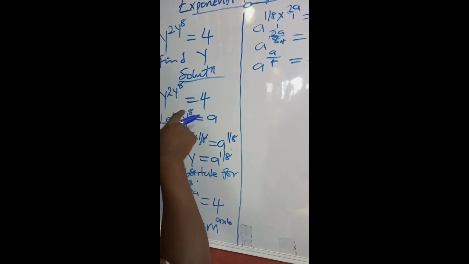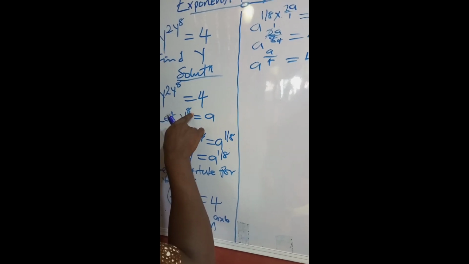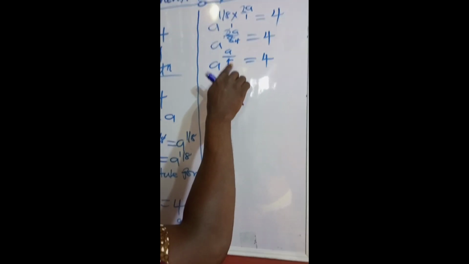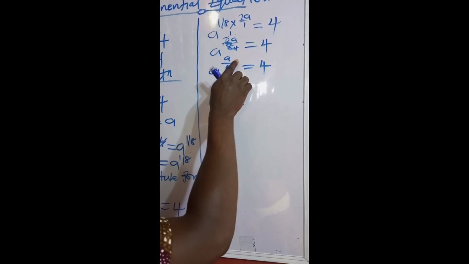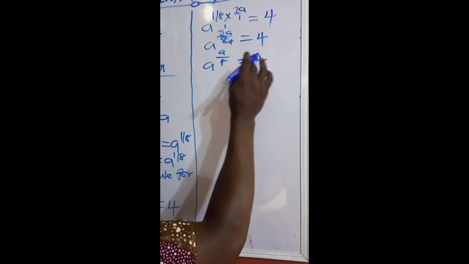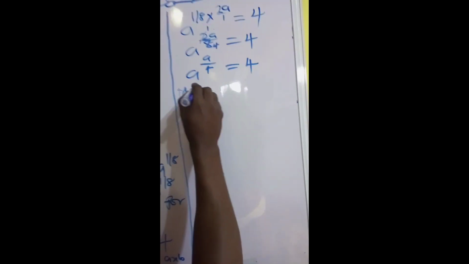Earlier, before I said to remove this a, you are going to multiply it with what? 1 over 8. Since this is a fraction and you want to remove the denominator, you are going to multiply this with what? A whole number, which is what? This 4. In that regard, you are going to multiply both powers